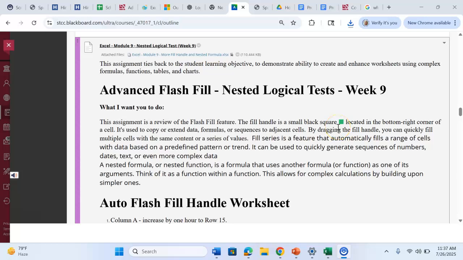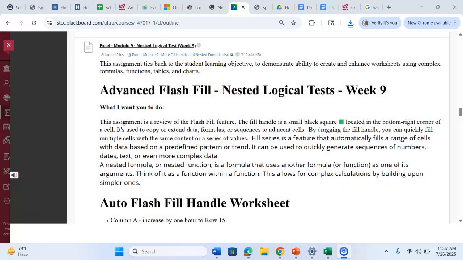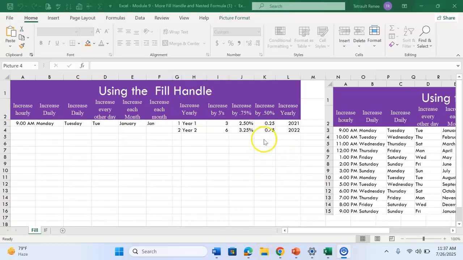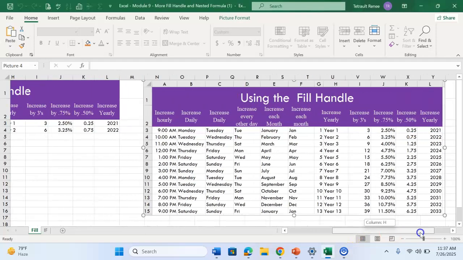Hello! Instructions for Advanced Flash Fill and Nested Logical Test. Please open the attached work, and you should have two worksheets, the fill and the if, the nested if. In the fill worksheet, what you have here are the rules. I want it to increase by hourly, daily, and so forth. And then on the right-hand side, I have an image of what you want it to look like when it's